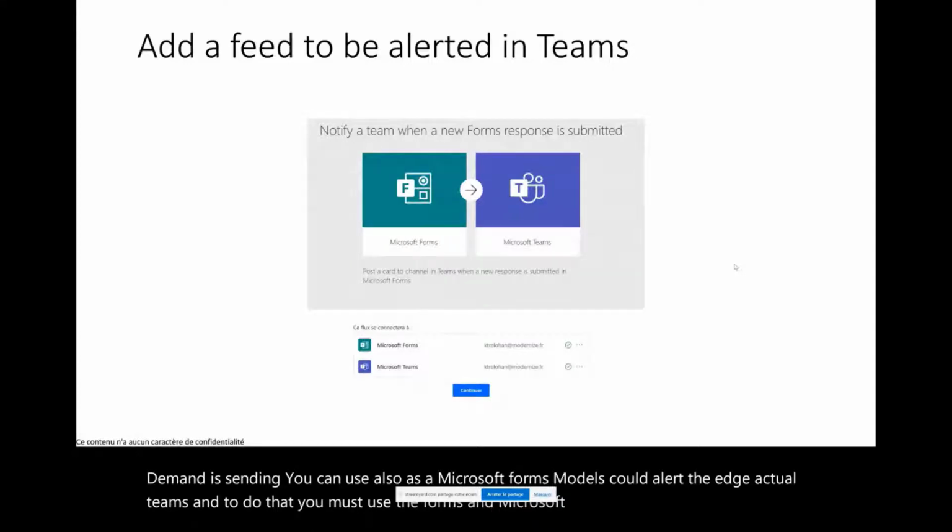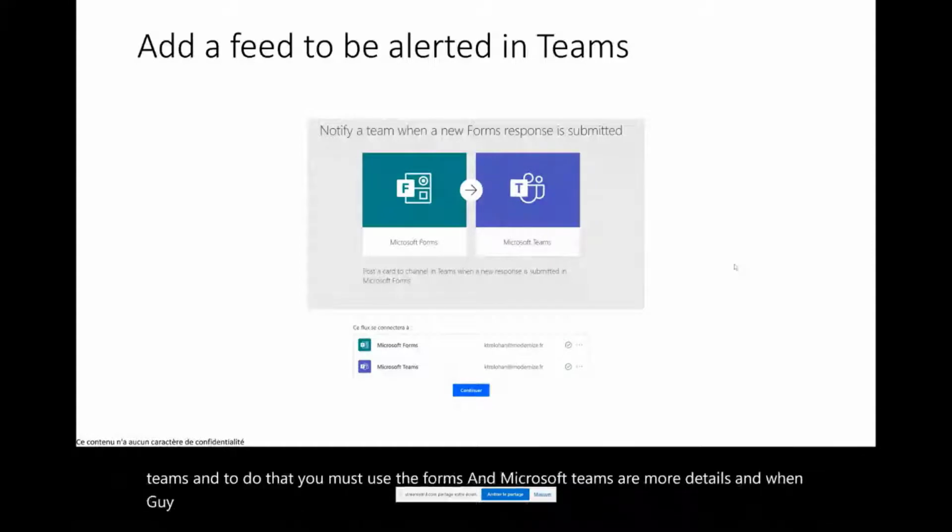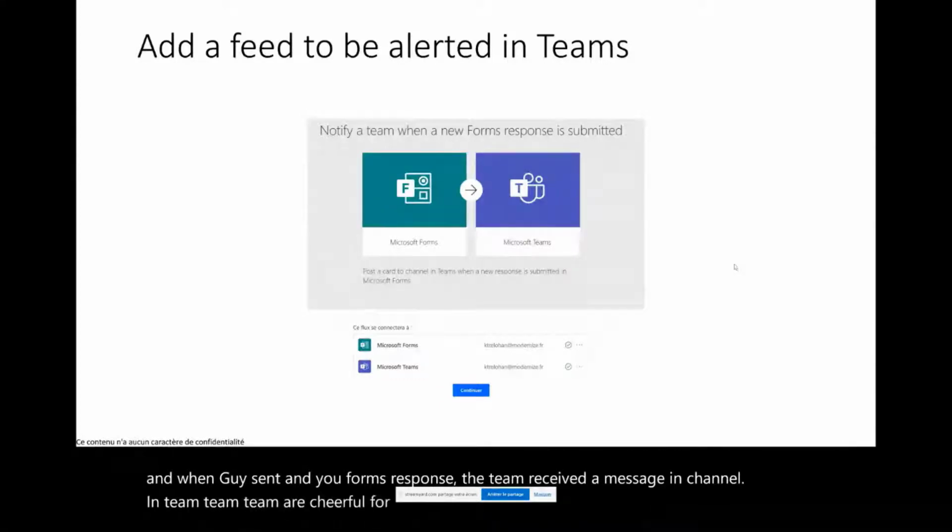And when a person sends a new form response, the team receives a message in a channel in the HR team, for example, and it's really easy to do.